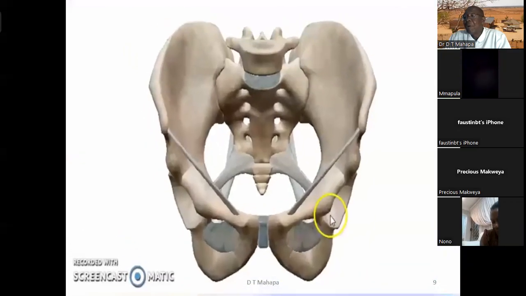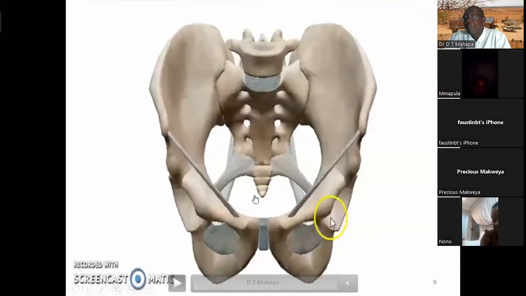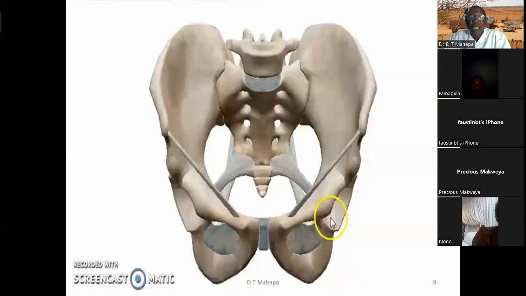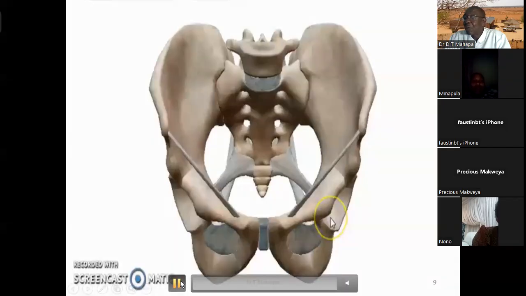If you look here at the bony pelvis, it consists of 2 bones laterally, which are called the pelvic bones, and wedged behind there is a bone called the sacrum, which at the end has the coccyx, which is the tailbone. Human beings had a tail, but the tail got resolved with evolution. We remain with only 4 vertebrae that form our tail, which is called the coccyx.